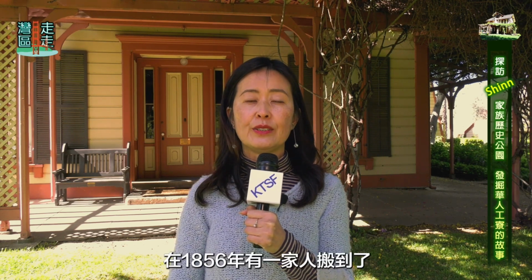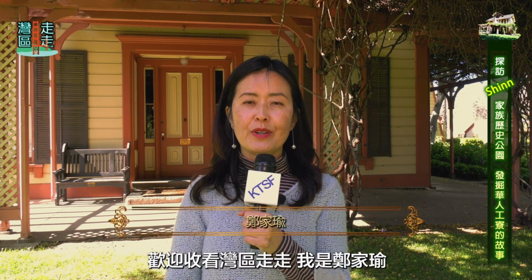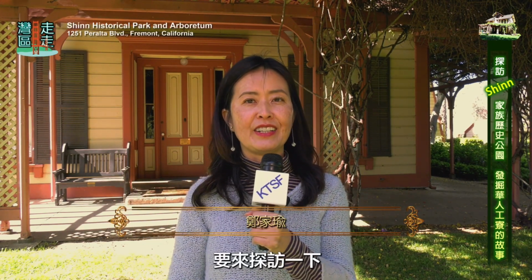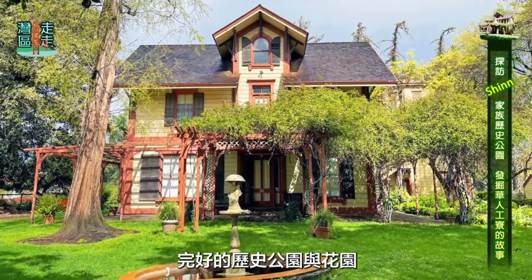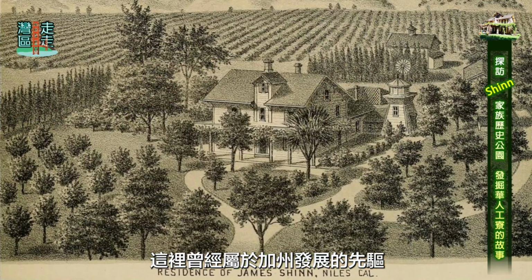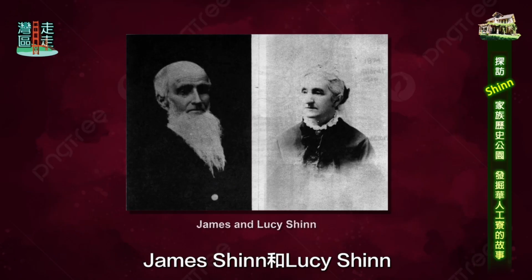在1856年，有一家人搬到了阿拉米达溪的南边，他们的农场保留至今，变成了公园。欢迎收看《湾区走走》，我是郑佳瑜。我们今天来到了 Fremont 的 Shinn Historical Park，要来探访一下这座公园、这个家族以及华人移民的故事。在 Fremont 有座保存完好的历史公园与花园 Shinn Historical Park Arboretum，这里曾经属于加州发展的先驱 Shinn 家族所有。James Shinn 和 Lucy Shinn